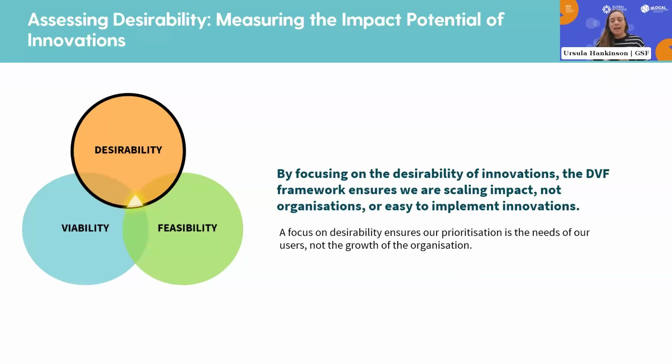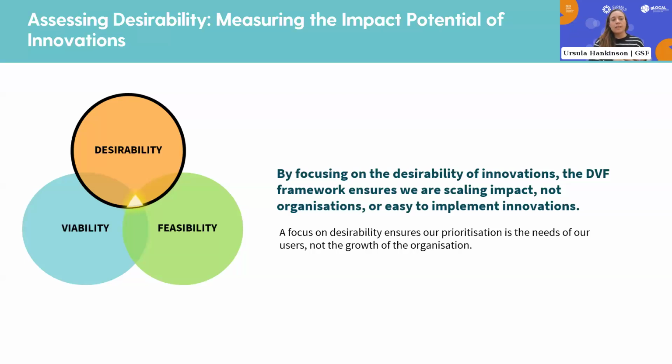Secondly, we think that the framework, as well as the adaptations that we have made to it, as Habeeb has discussed, are really important by making sure that we keep impact at the heart of what we do and what we are scaling. So we think it's really important that we scale things which have potential to have significant outcomes and have significant impact in the sectors that we are working in, rather than just scaling things which are potentially easy to scale, but don't have the impact that we are looking for.